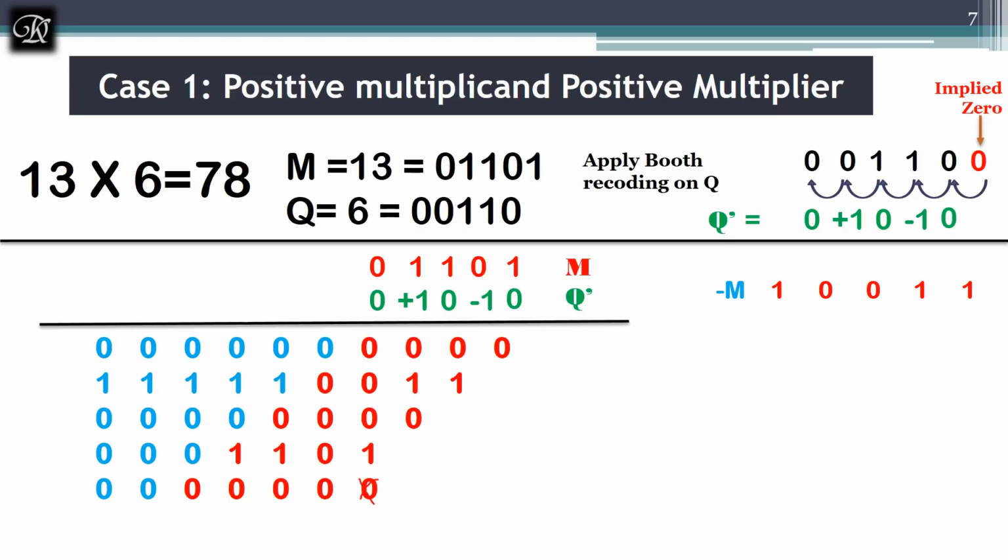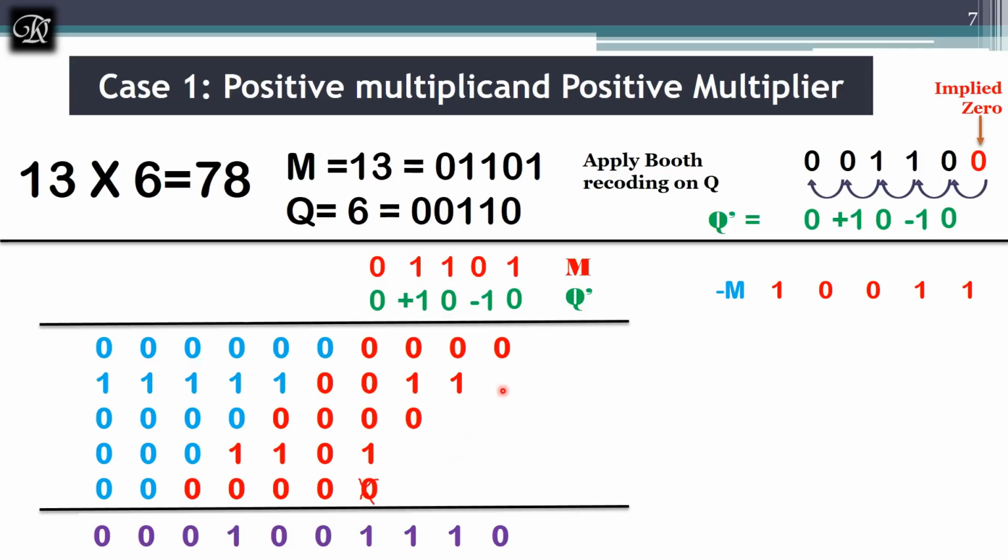Even though it is there, it's not going to change the value, because it is going to be a 0. Next we will see how to find the final value. As in our school-day technique, I will add. So first, once I add, I'll get 0, and 0 and 1 is 1, 1 is 1, and here also 1 is there, so 1, and it is 0, and 1 and 1 is 1 0, 0 is written here, and carry will be 1. Carry 1 plus 1 is 2, plus 1 is 3, 3 means 1 1, I have written 1 here, and carry will be 1 over here.